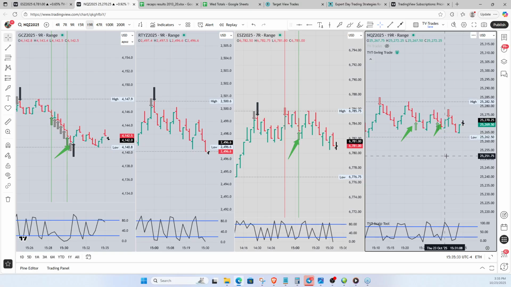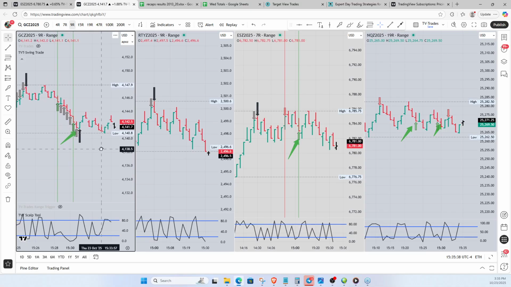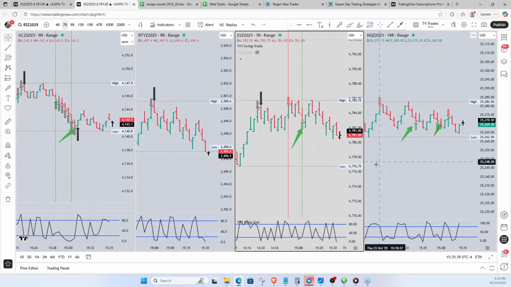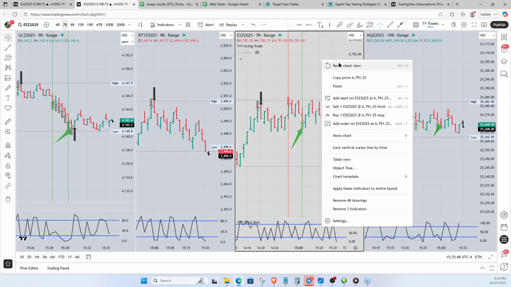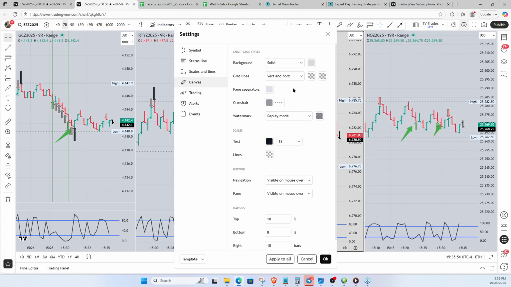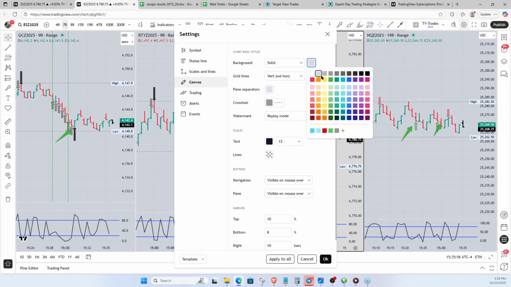Alright, it's Thursday. Man, I got a meeting tonight. I don't know why this thing is this color. I've been trying for days to fix that color. Reset chart view, I don't know what that does. Go in here to settings. This is the color. Make it that.